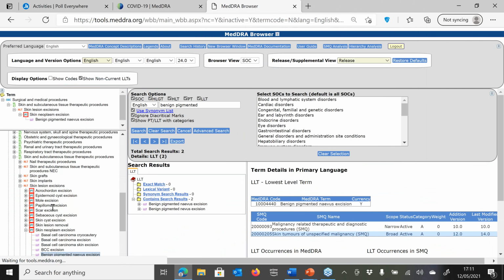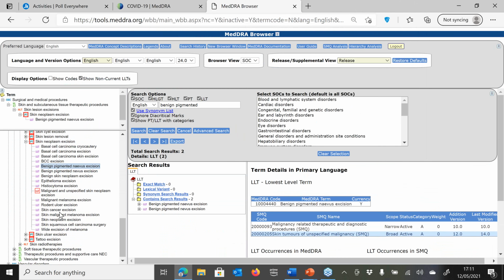Yeah. So if you would like to search for a benign or malignant condition, you would need to refer to the LLT level. You see skin malignant melanoma excision or skin squamous cell carcinoma surgery. So this is important information, and this is not reflected in the PT name, skin neoplasm excision. So it's something to bear in mind when we say to people, check the hierarchy when they do select an